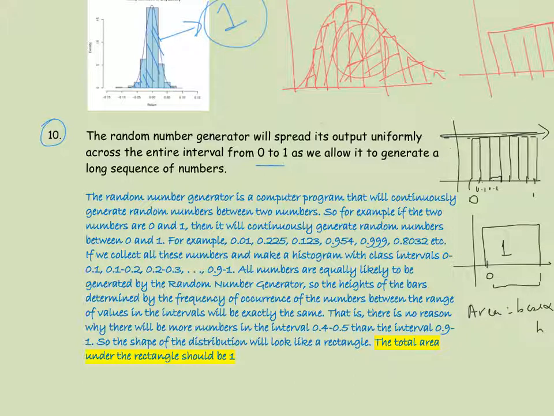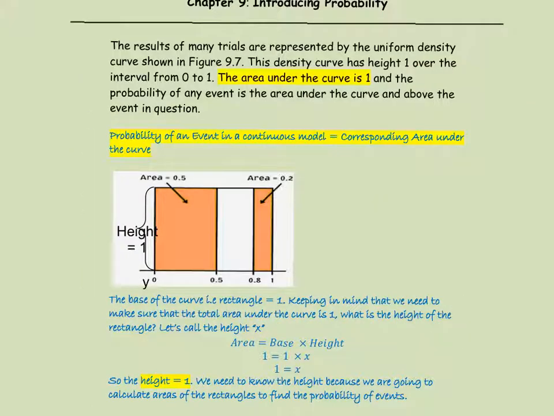So if the area is 1 and the base is 1, then clearly the height would have to equal 1. So now we know all the dimensions. The height equals 1, the base equals 1, and the area equals 1. Fine. Previous slide, the shape of the histogram